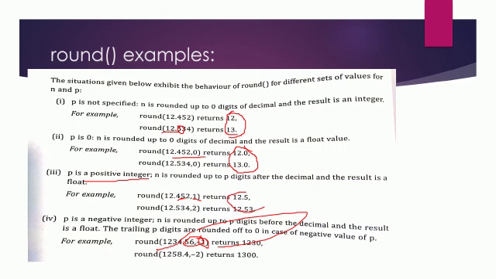Here you can see 1,300. 1,300 means what? Here 1,258 was the value, and it has to be rounded to -2 places. -2 places means what? Here you have to see -1, -2. So that is the place. So this 5 is the place where you have to round. You check whether the value is equal to 5. That means this 2 should be incremented by 1. So this will become 3 and the other digits become 0, and the rounding is done now.